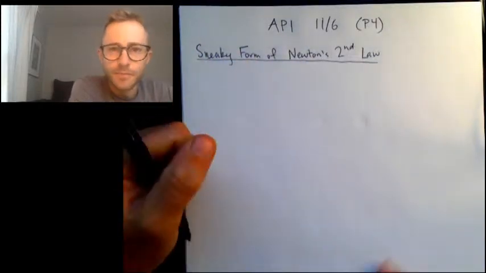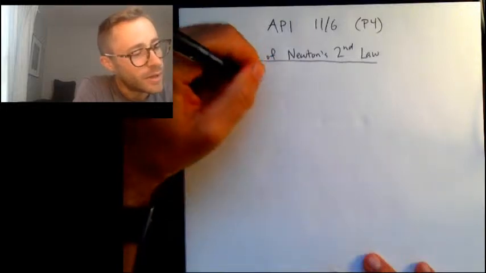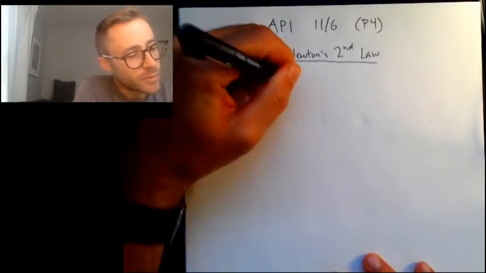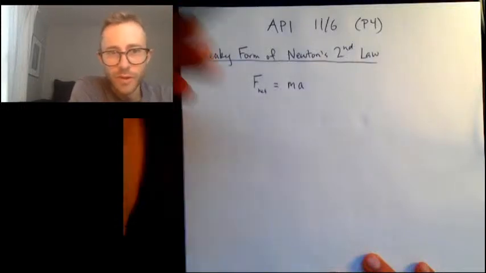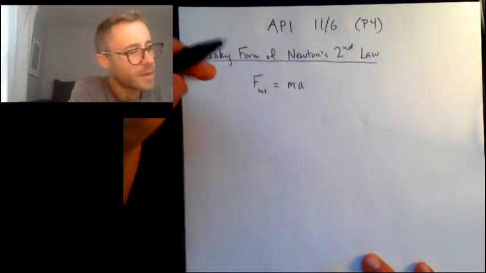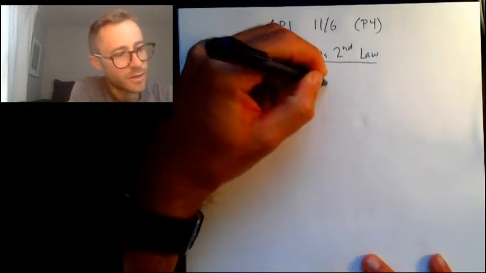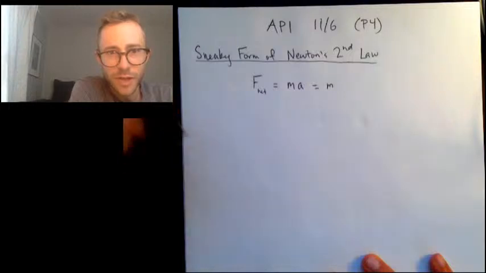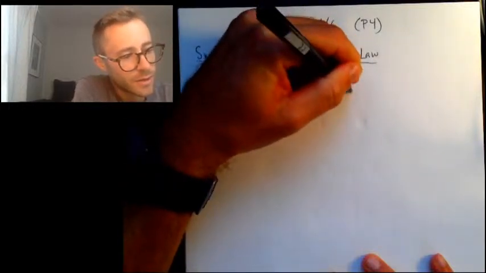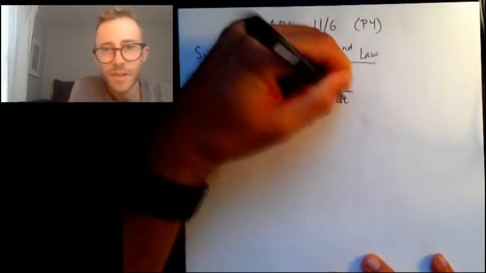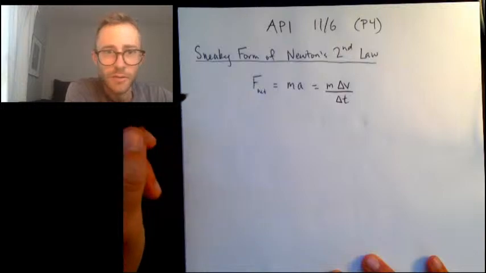So Newton's second law is that the net force equals mass times acceleration. But what if we were to actually write the definition of acceleration? So acceleration is the rate of change of velocity. So change in velocity divided by change in time. So this is kind of an expanded form of